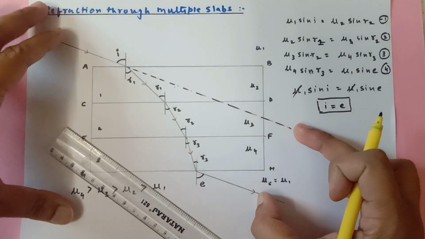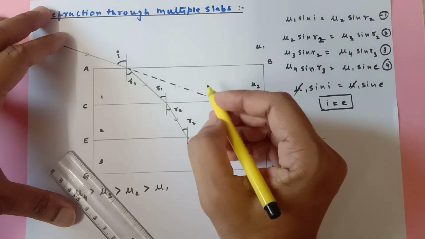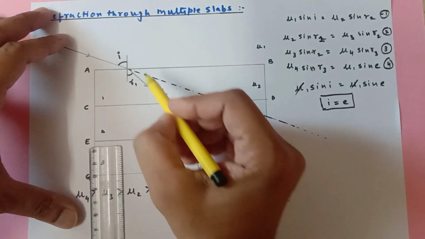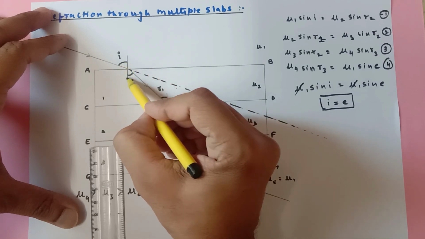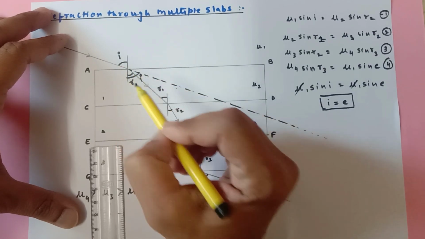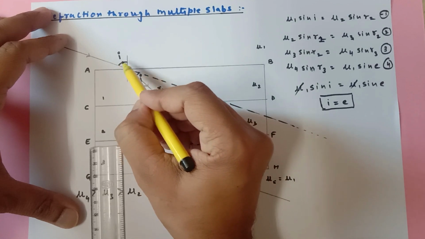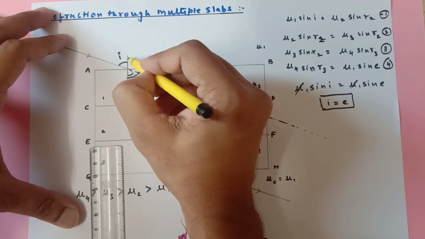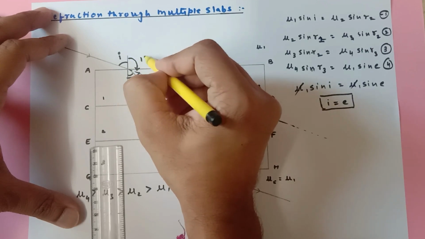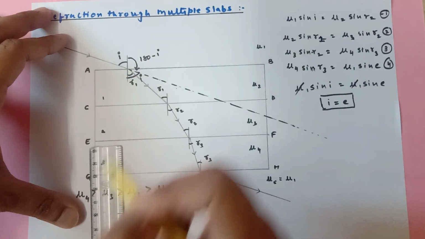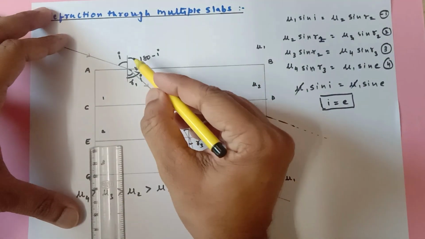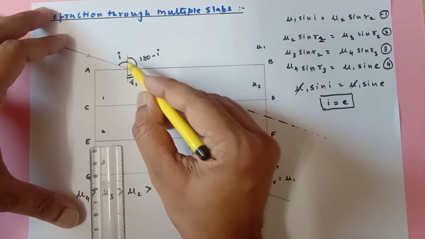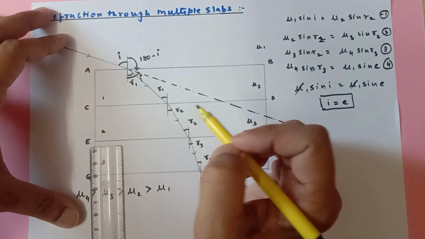But if you are not getting it, just see here, I will give you the idea. Now these two are vertically opposite angles. Since this is I, this whole angle is also I. This and this whole angle are vertically opposite angles. So this angle will be 180 minus I. It is because this whole angle is 180 and this angle is I, vertically opposite angle. So this is 180 minus I.